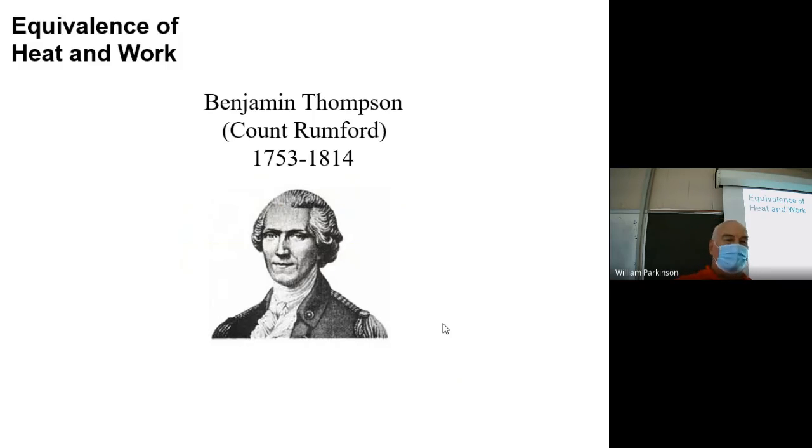What's going on here was that because of how hard the work was to bore the cannon out, they used horses. And the horses would walk in a circle. When the horses walked in a circle, they had some gears and widgets and things, and it would turn the auger, and the auger hit the piece of iron and drilled it into a hollow thing to shoot cannonballs.